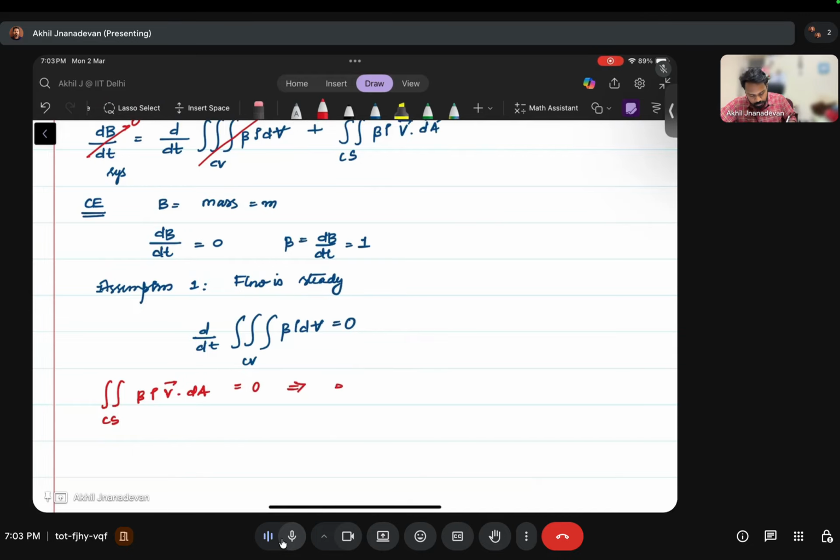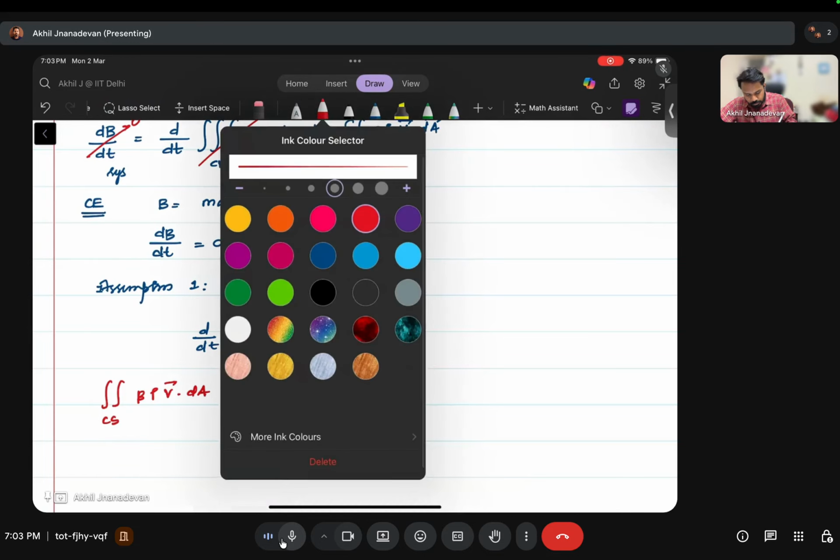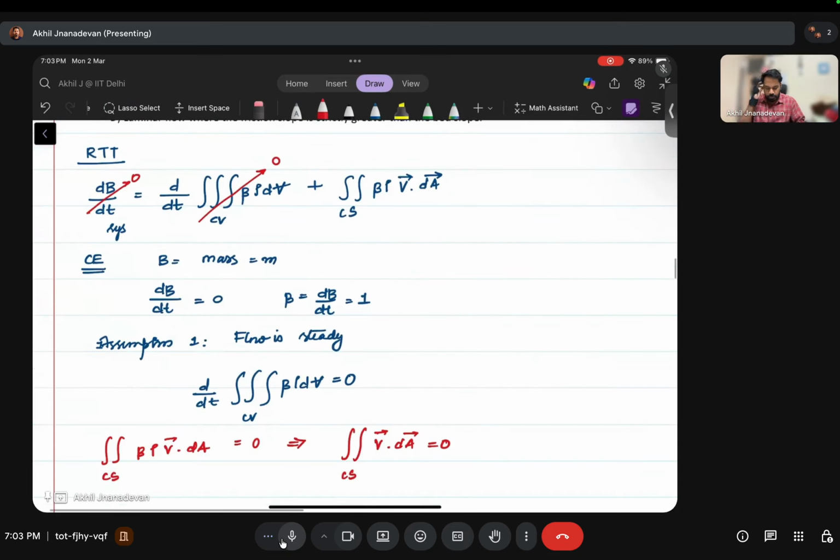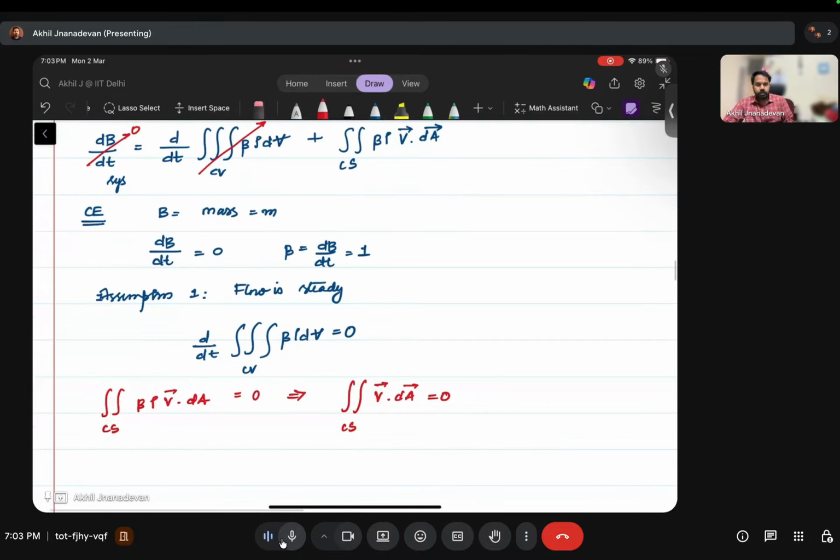The density we can take it out and it gets cancelled. So it will be surface integral rho V dot dA equal to 0. This is the continuity equation, right? So in the continuity equation, now let us see how the control volume is taken in the case of